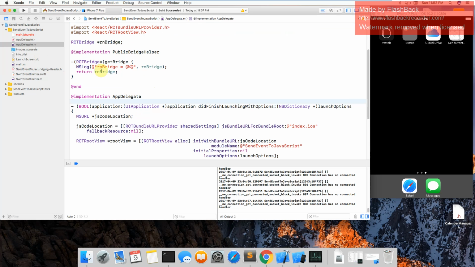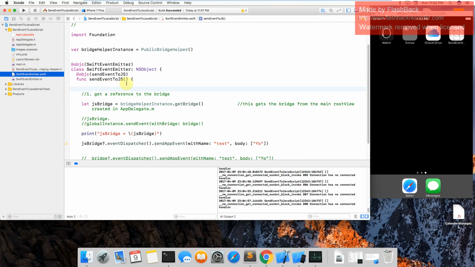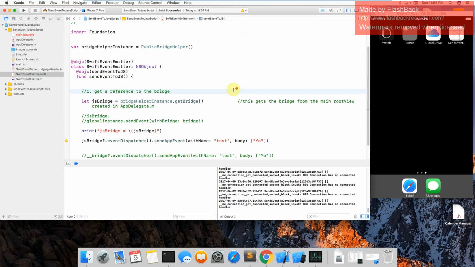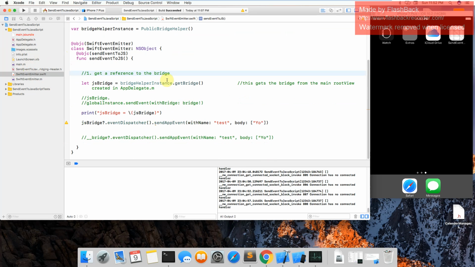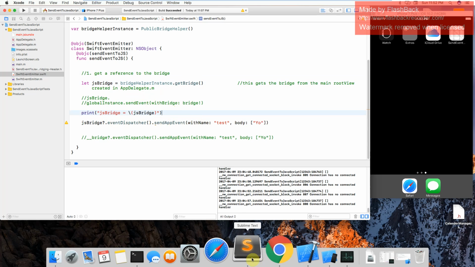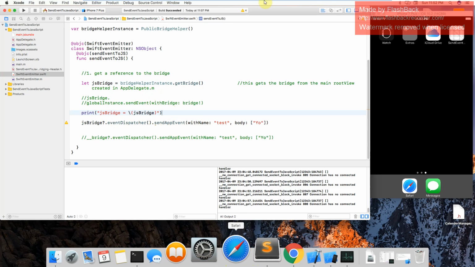So that exposes the bridge, and what's so significant about that? Well, this is exposed to Swift, so Swift can actually create an instance of it, and then every time you need to send an event to JavaScript, you can just use that instance to get a reference to the bridge, and then use the event dispatcher to send the event to JavaScript. Now, what I do want to mention is